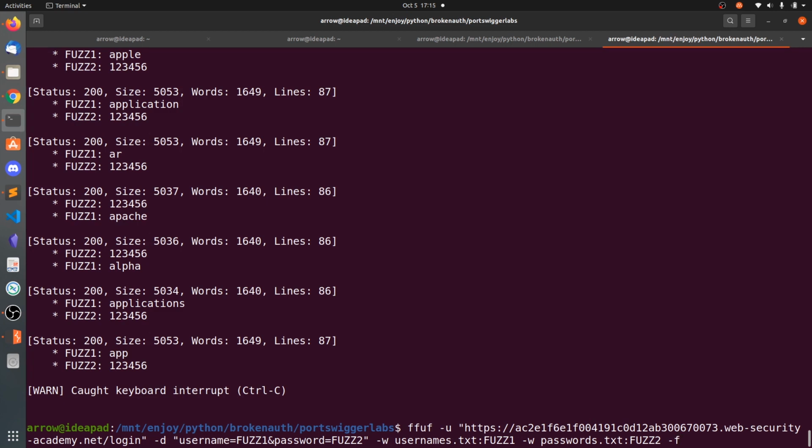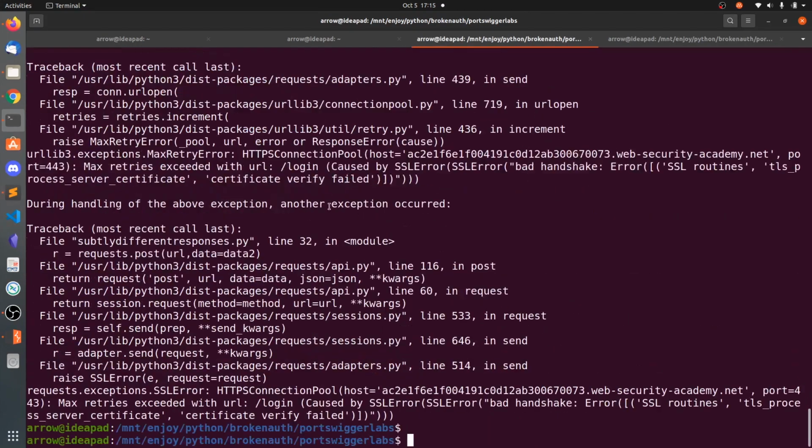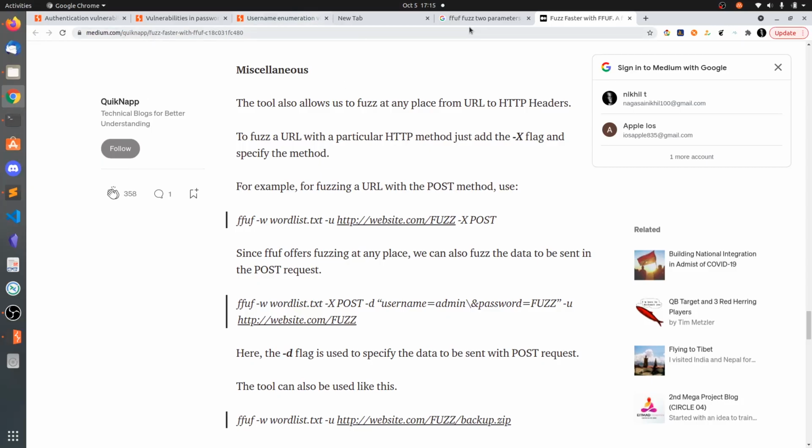Filter according to the lines 86, 87. So that's about this second lab.